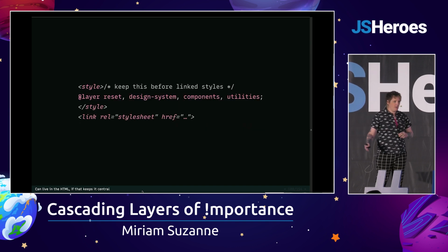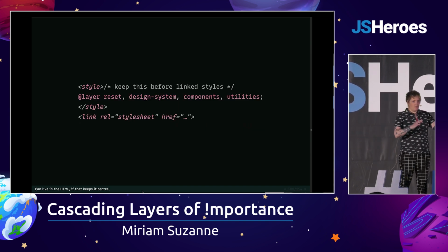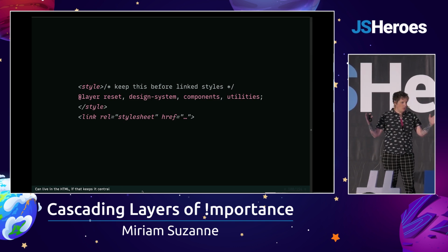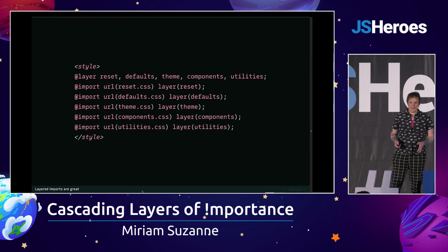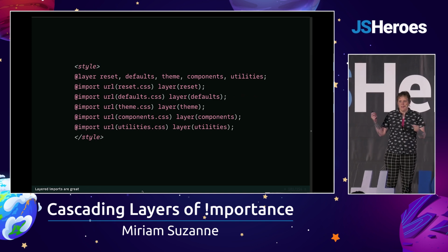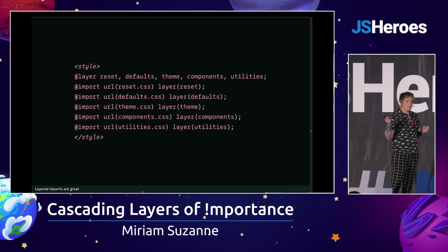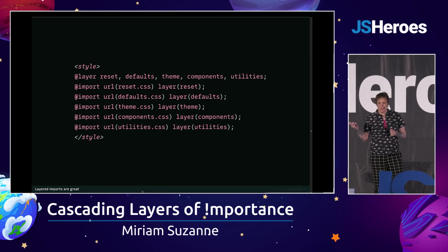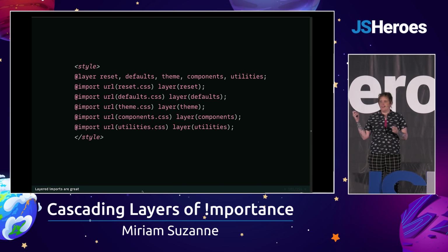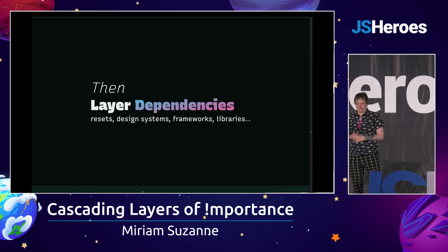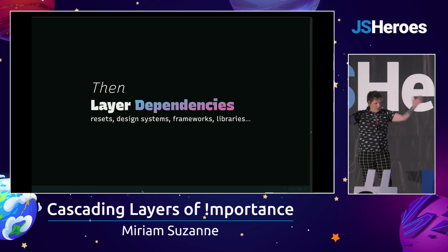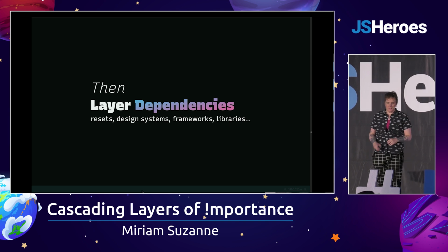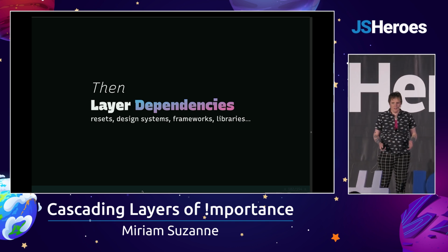So often, I'll put it directly into the HTML. I'll put it in the head of the document, a little style tag, my layer order, and then I'll start importing style sheets after that, either using the link tag or just using imports. People used to worry about imports because they weren't as performant as links. Browsers have done a lot to improve that. I would say, unless you are in a very special situation about how many styles you're importing and how much you need to get into the weeds of performance improvements, go ahead with imports if you want. So once I've got my layer order somewhere and I can reference it and adjust it, I'll start layering dependencies first.